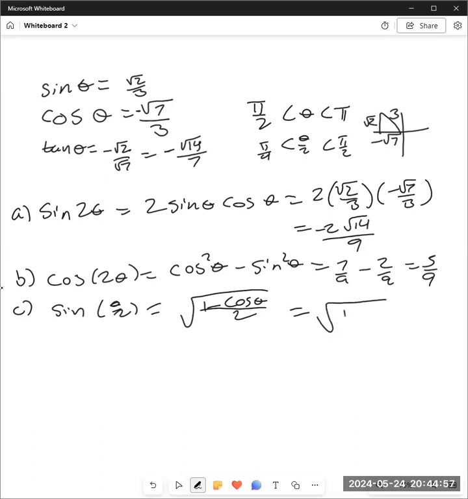That is 1 minus √7 over 3, over 2. So that is going to be equal to